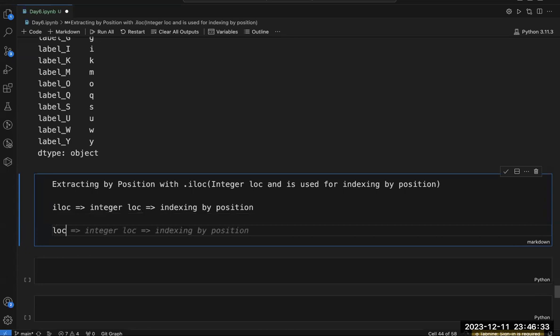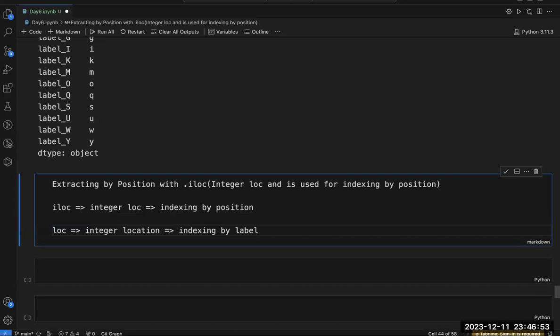This loc is called location, location-based indexing, indexing by label.